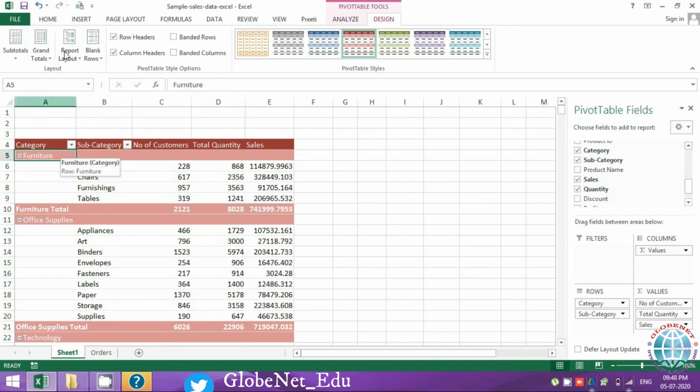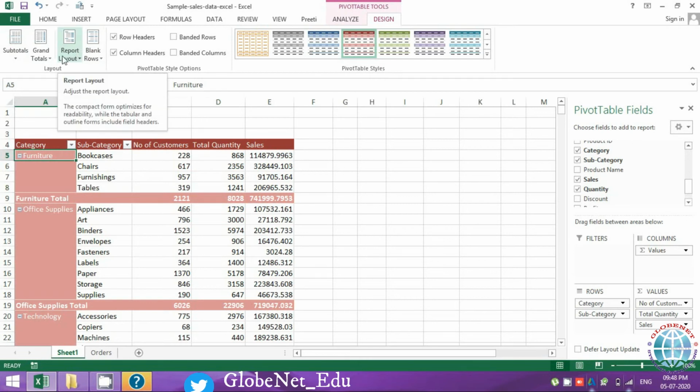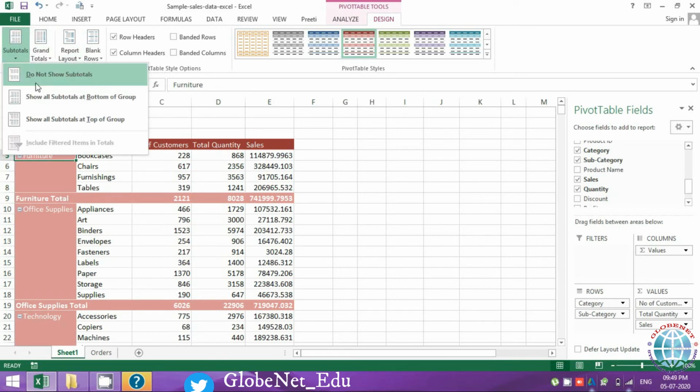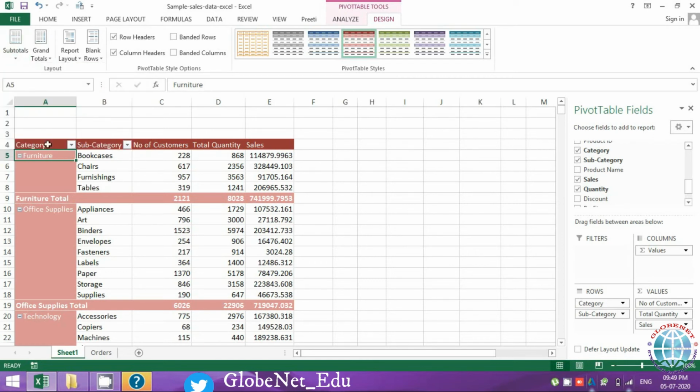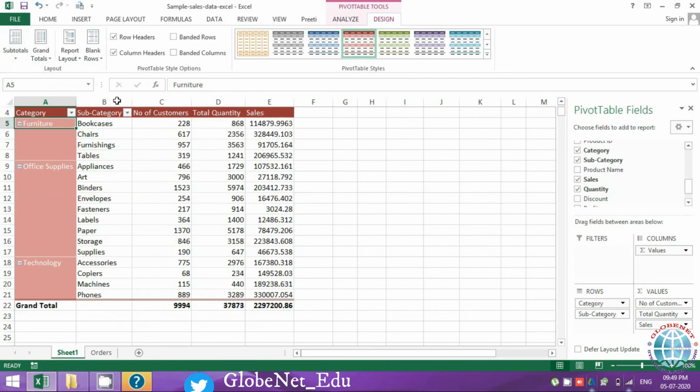I usually prefer most of my data in tabular form because it takes less space and it shows the same information rather than just taking up more space in my sheet. Again, it's a personal preference, and as per your audience, you have to select how you would want to present your data. At any point you do not want to show these subtotals. Let's say you just want to give the grand total, you do not want any subcategories or category summaries. You can come over here and deselect all the subtotals, so you just get a quick smaller table.